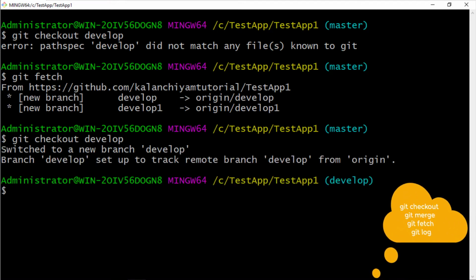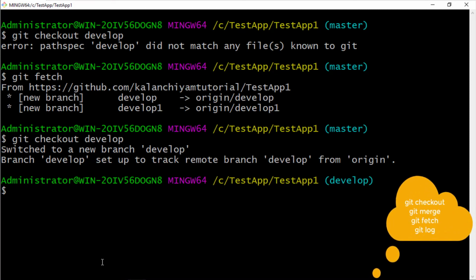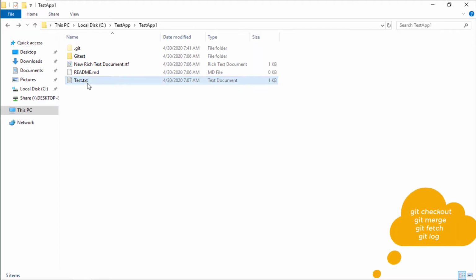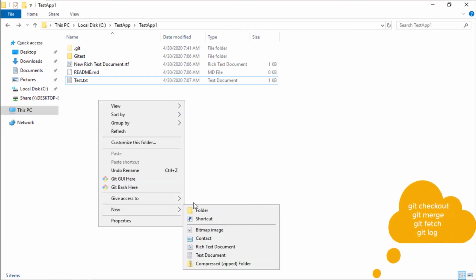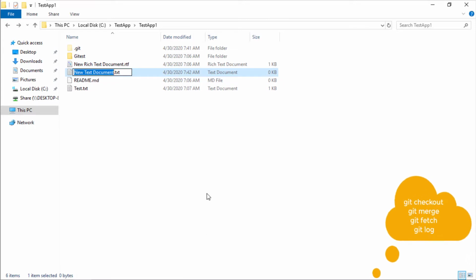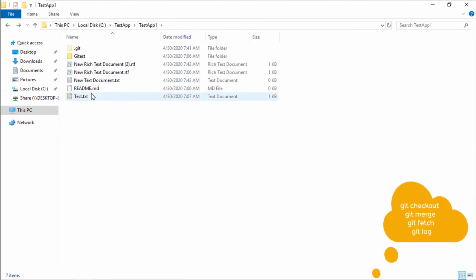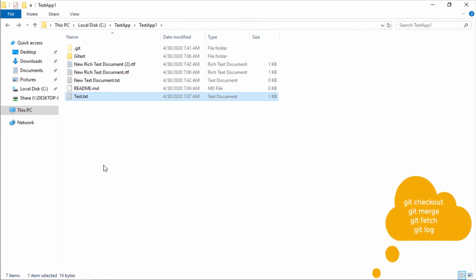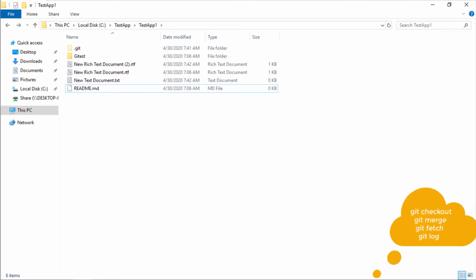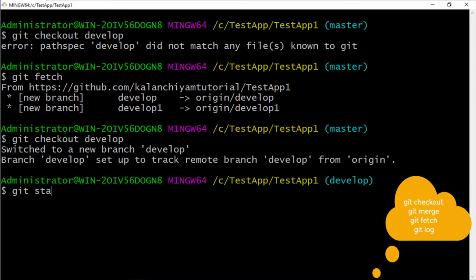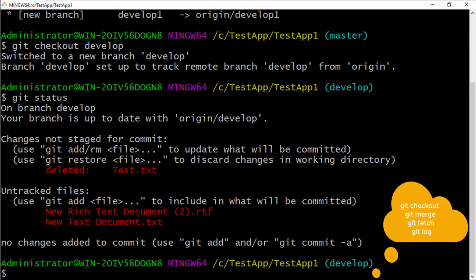Switched from master to develop branch, because now I'm going to work with the develop branch, not with the master branch. I'm going to add two more files and delete the existing file, test.txt. Now check the status with git status.